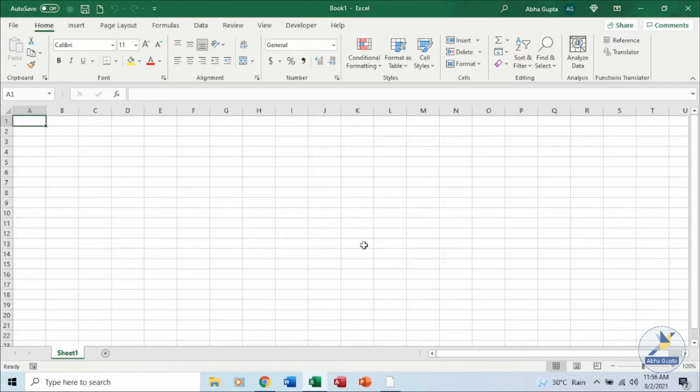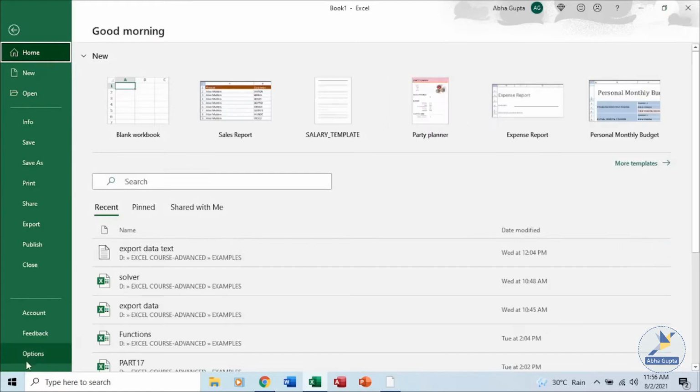So we have a macro present on the Developer tab. Now I have the Developer tab in place, but if you don't have it, no problem. You can always go to File and open Options.